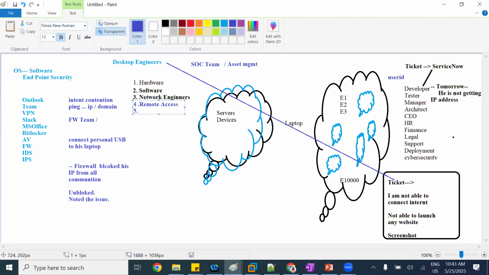One more is asset management. Desktop engineers also take care of asset management. What do you mean by asset management? 10,000 employees are there in the company, so 10,000 computers. Another 2,000 servers are there. So total 12,000. Asset management means total 12,000 devices are there. All these 12,000 devices,